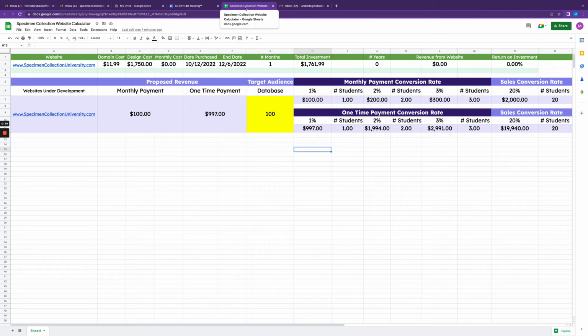If you're trying to build a business and you're wondering, okay, why is my business not getting off the ground? It's probably because you do not have a database. You have to have a group of people, a list of emails, something that you can go and say, hey, I am doing this. And those people will either know, like, and trust you enough to give you their money, or you will begin to develop a relationship with them so that they can know, like, and trust you enough, and then they will give you their money. There is no other way in order to build a business.